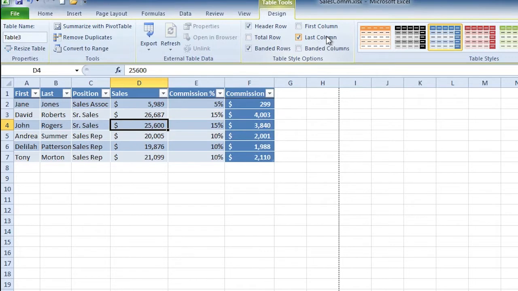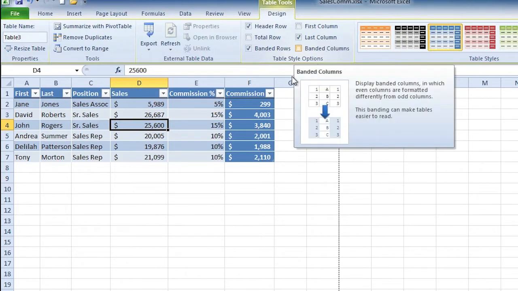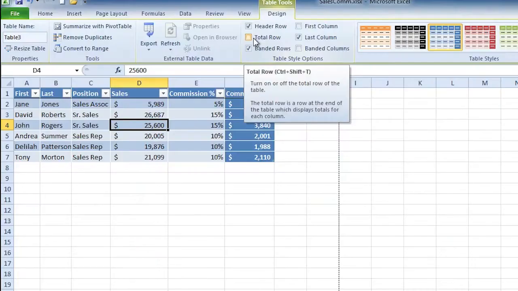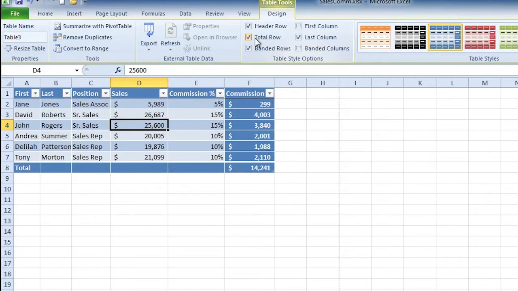The last column is really what this spreadsheet is about, the commission, so I might choose to leave the last column this way. I can also band the columns just like I can band the rows. One of the greatest features of this is that I have a total row. If I click on that, it automatically puts a total row at the bottom of my data and it totals